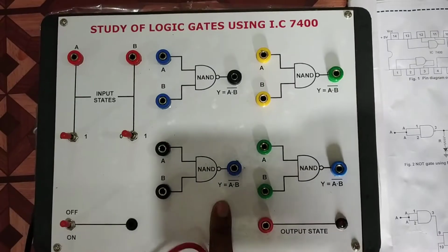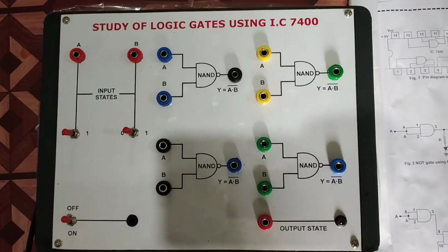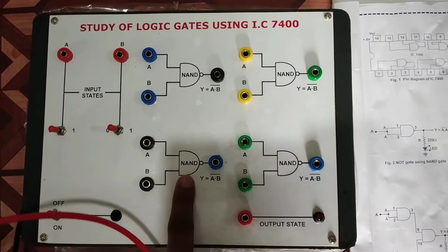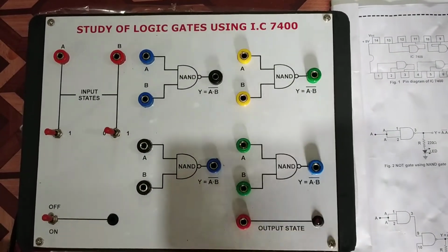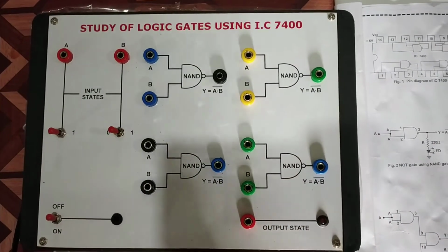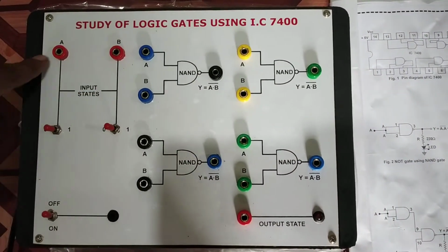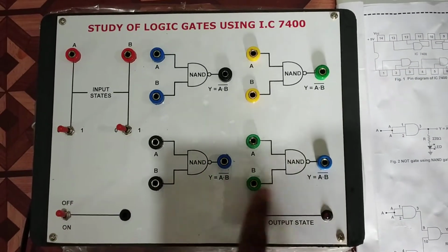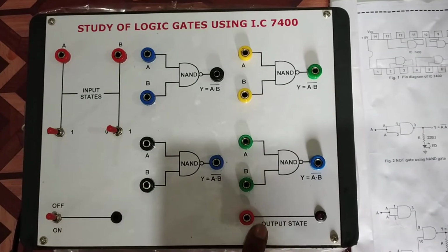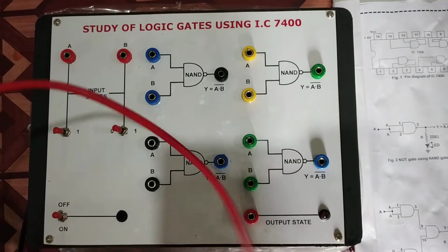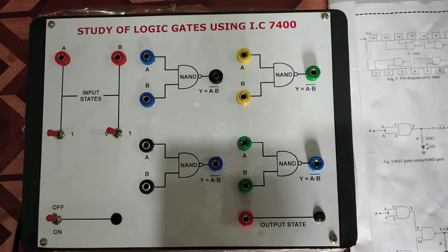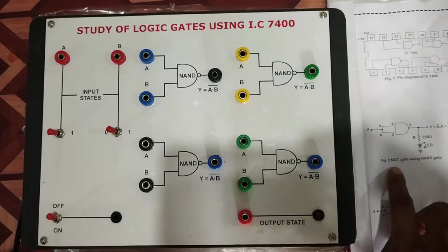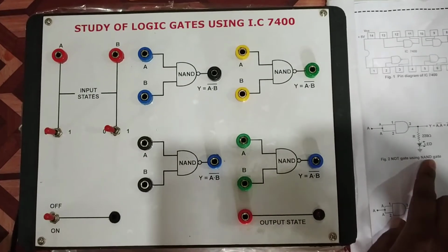This is the experiment to realize the AND, OR, NOT and XOR gates by using these 4 NAND gates, and verify the truth table of those gates. In this experiment, A and B are the two inputs, and there are 4 NAND gates here. The output socket is there, and you also have to use the connecting wires.